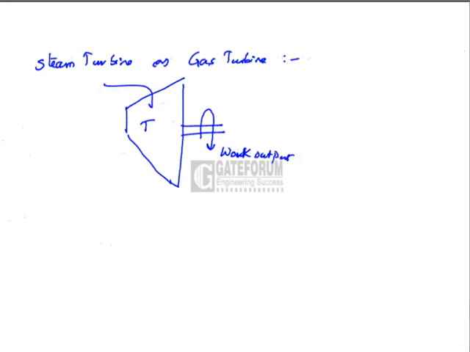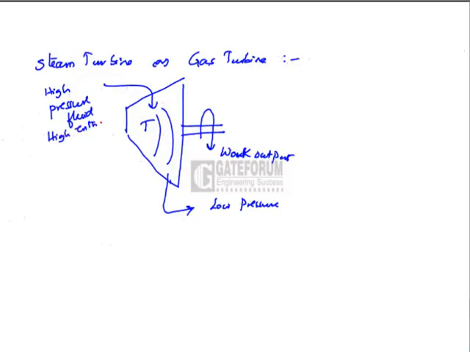When a high pressure fluid like steam or gas expands in the rotor of the turbine from high pressure to low pressure or high enthalpy to low enthalpy,